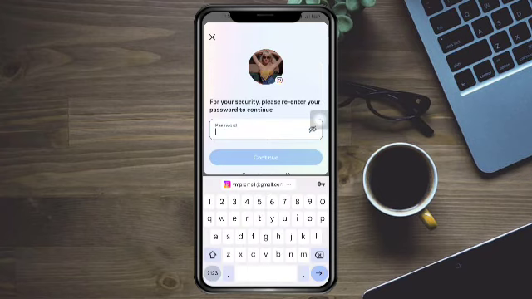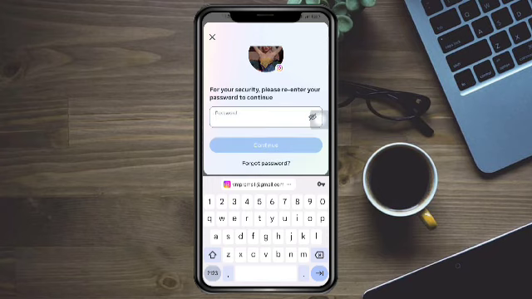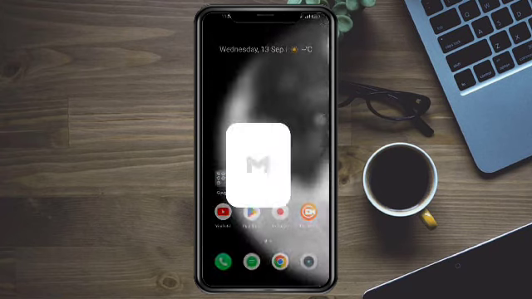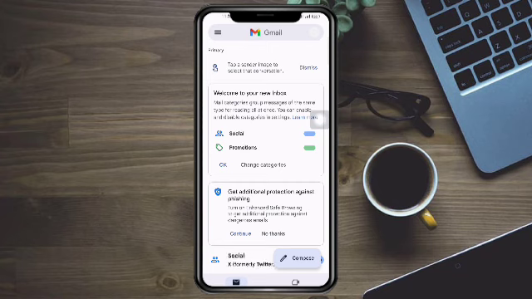Then as you can see right here, they will ask for a password, but if you don't remember your password, you can just click on this forget password right here. And then as you can see, they send an email to my account, with a link to reset the password. So I just need to head over to my Gmail account, and then once I am on